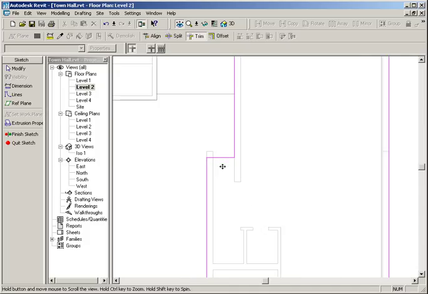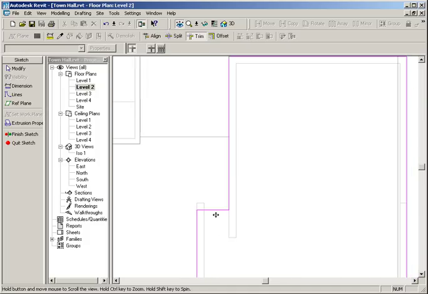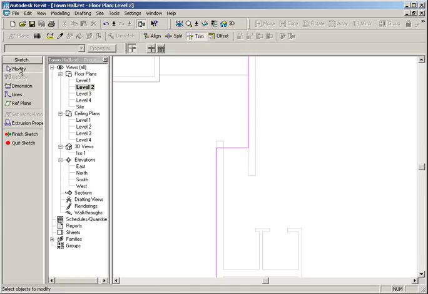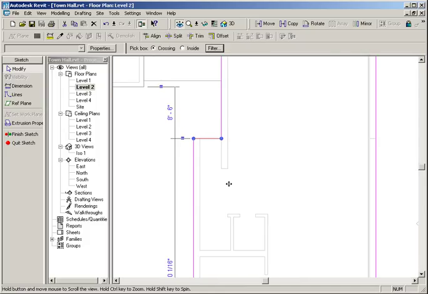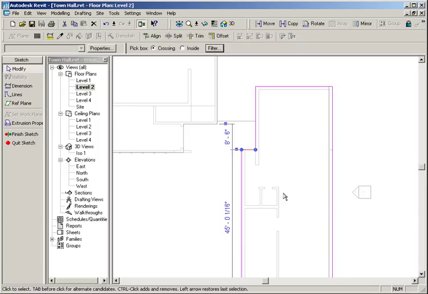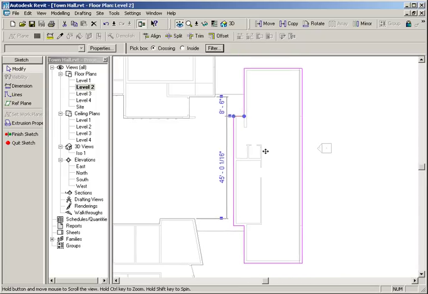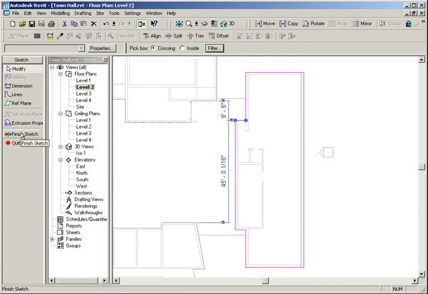Maybe I should zoom in and make sure that the lines look like they're snapping, and they do. In this case, I could move this line up just by dragging it and dropping it there. Okay, now I think I have a closed loop, so I'll say Finish Sketch,